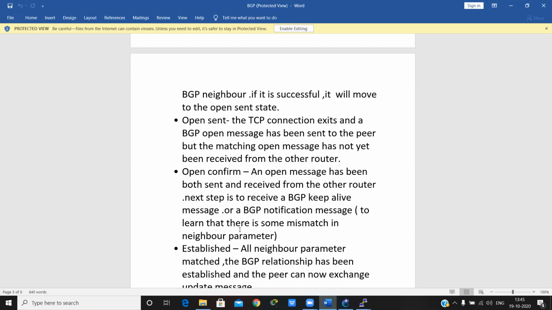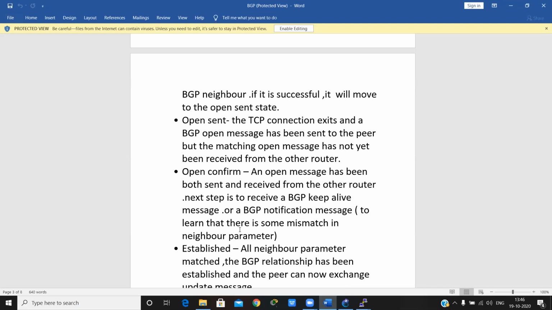The next step is to receive a BGP keepalive message or a BGP notification message. If everything is good and the connection is established, then it sends a BGP keepalive message.